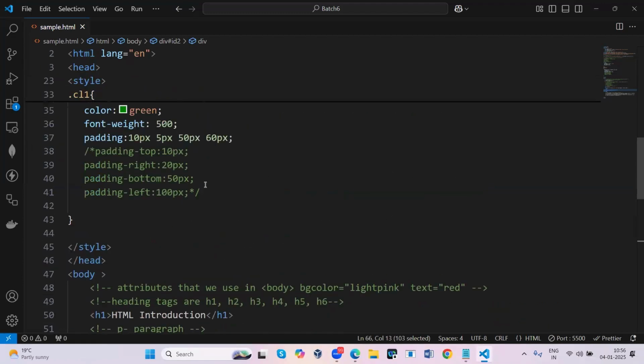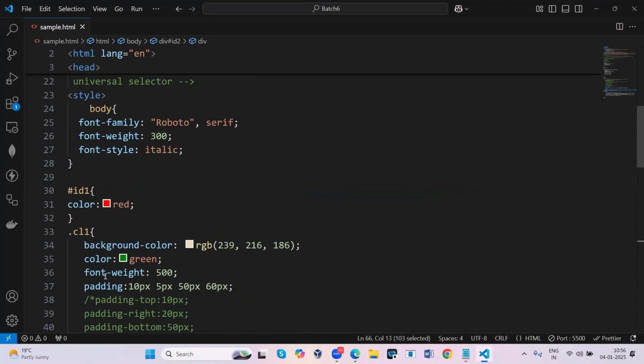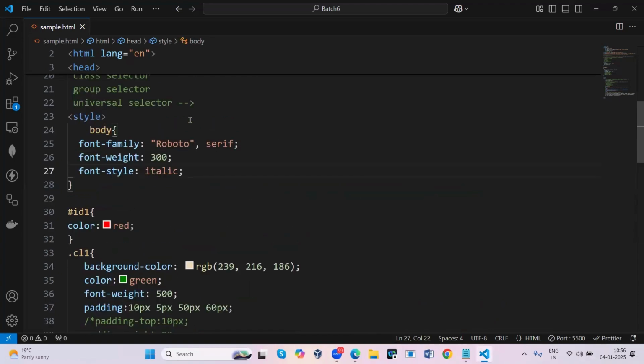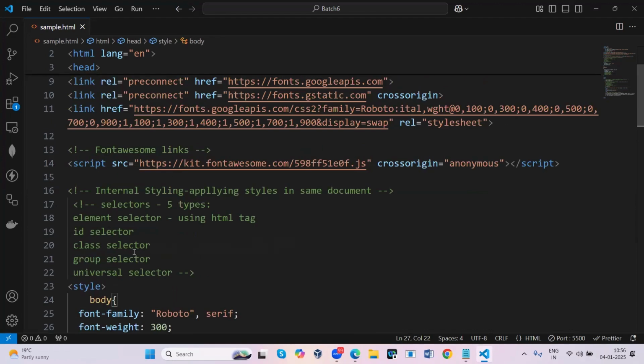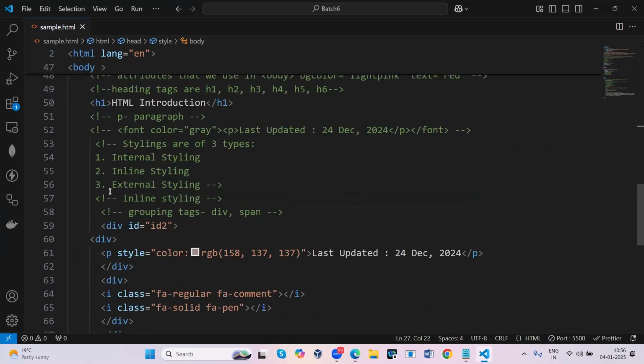So now we are going to learn, you can do stylings in the internal styling also, but now I'm going to introduce one more styling called external styling. We use external styling when you have similar stylings for multiple documents, instead of writing the stylings again and again, which takes so much time. And second, if you want to change the stylings, you would need to open each and every document and change the same stylings again and again.